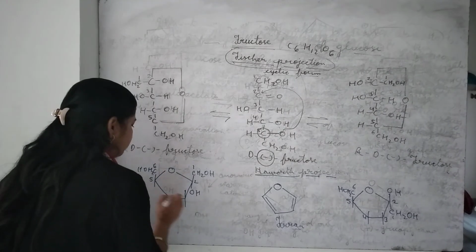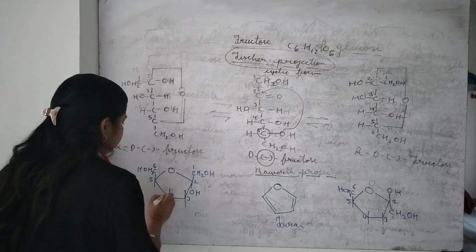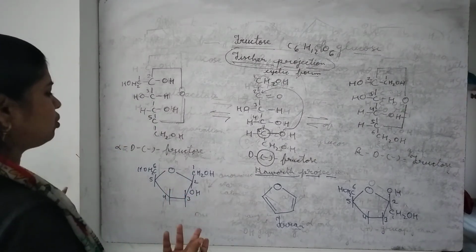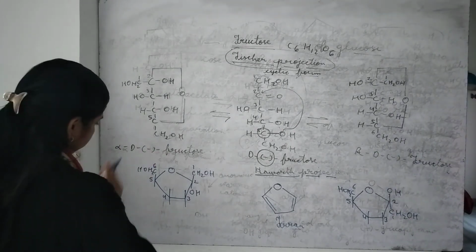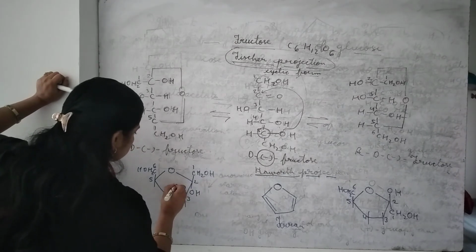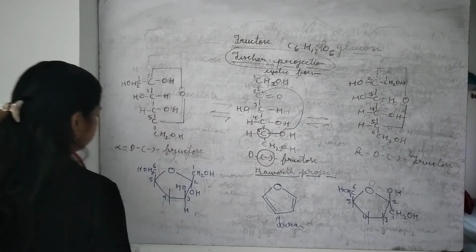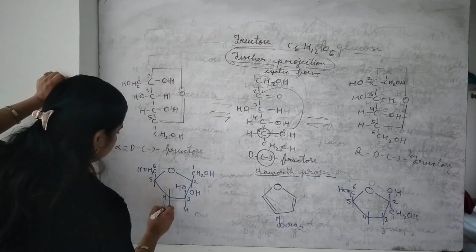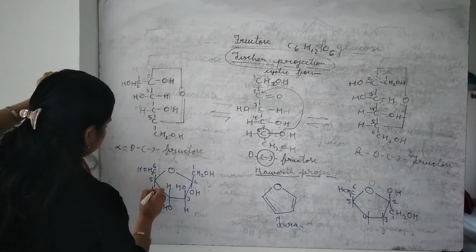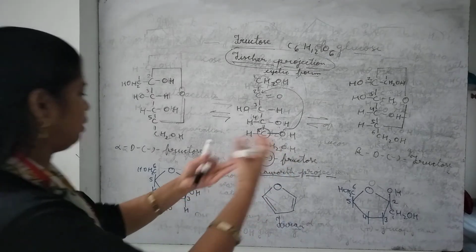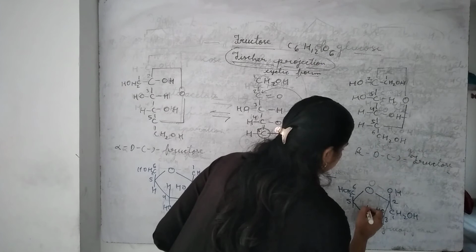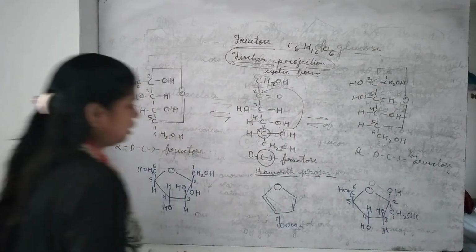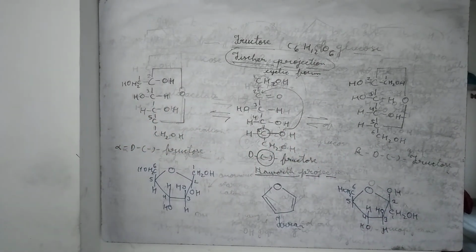Now over here on the third carbon atom and fourth carbon atom, there is no change in position, and as I have discussed, OH is on the left hand side, so OH will be upward. Now OH will be downward on the fourth carbon atom and here there is hydrogen. Same thing will be observed over there also: OH here, and this is hydrogen. And now its name, just like glucopyranose, it will be what? Fructofuranose.